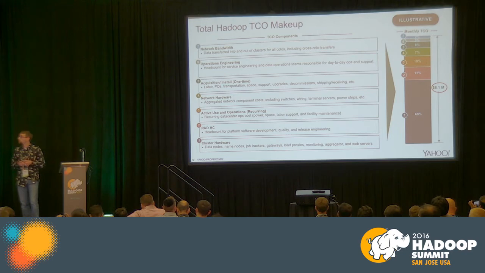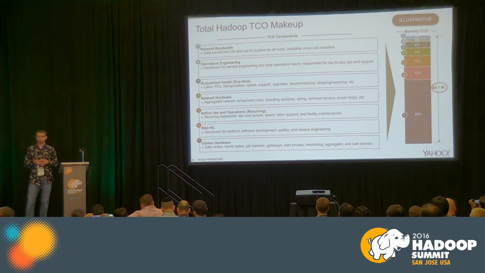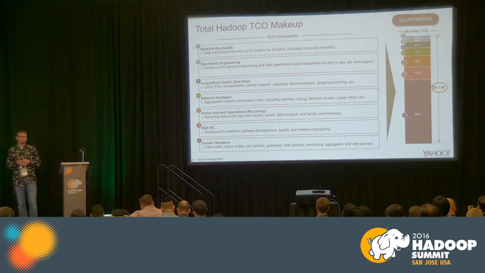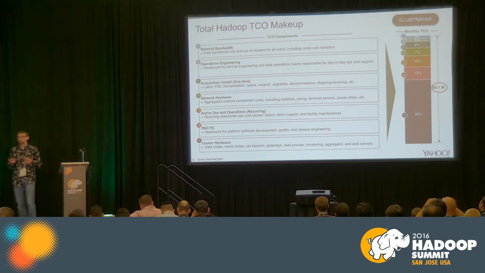With this approach, we wanted to take into account a lot of other cost factors that we hadn't really looked at closely before. So we look at the cost of network bandwidth that's transferred between our data centers. We look at operations headcount, so it could be our platform SRE team members or the data center site ops folks. We also look at our platform engineering team. So we have a fantastic Hadoop engineering team that's making the platform better every day, and that's part of our platform cost. We also, of course, looked at the hardware, but we didn't just look at the compute nodes.